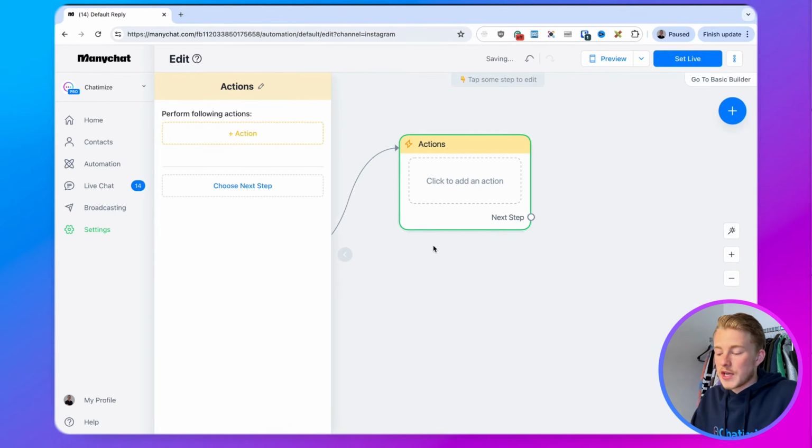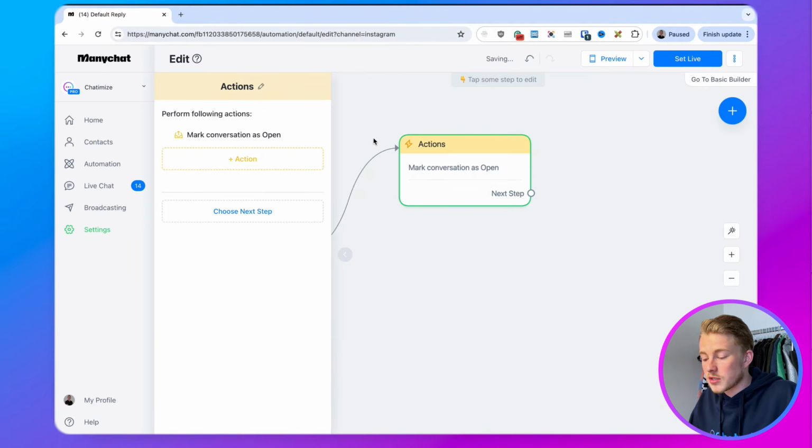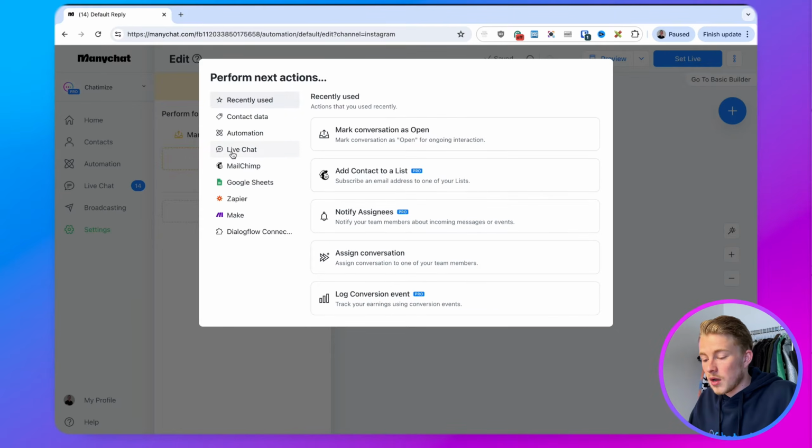So inside this action, we're going to do 3 things. We're going to mark the conversation as open. We're going to assign someone within your Manychat team, and we're going to send a notification that someone needs to handle this conversation. So in order to do that, you can just click on plus action, click on live chat, and then click on mark the conversation as open. Click on live chat again,